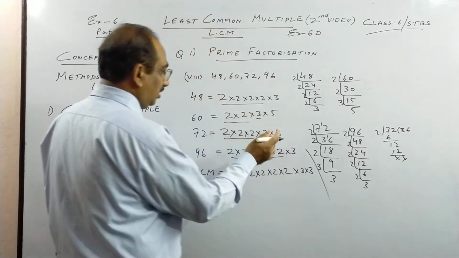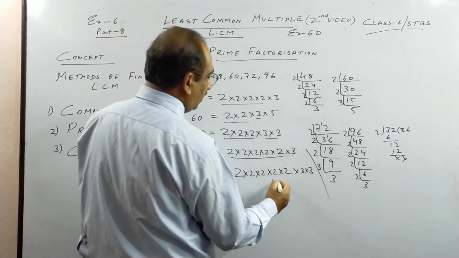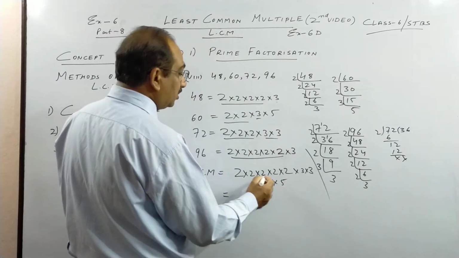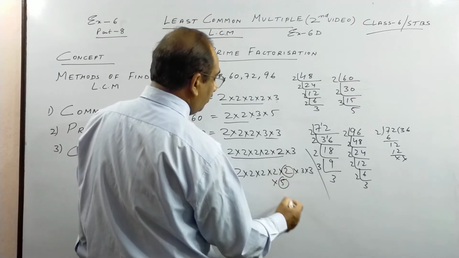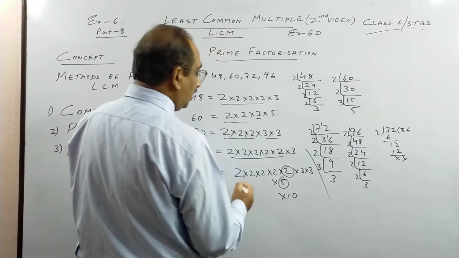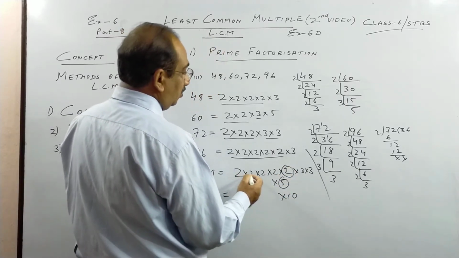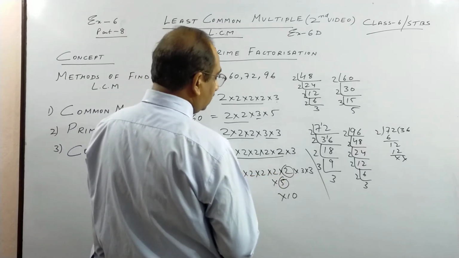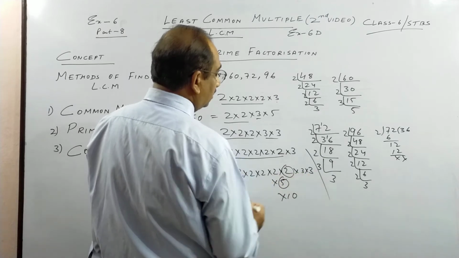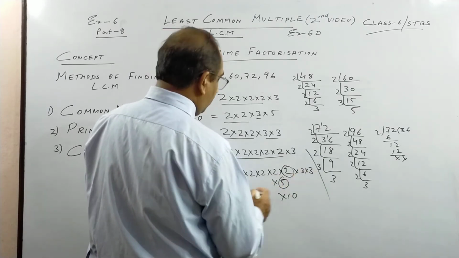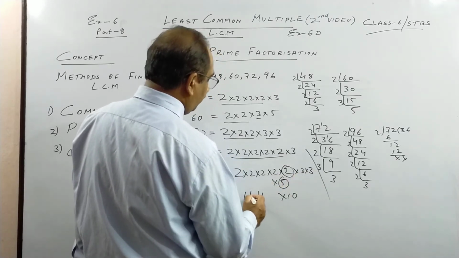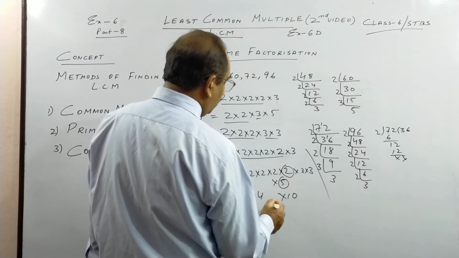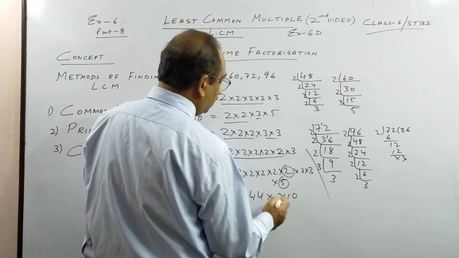And the last but not the least, 5 comes only 1 time. So 5. So what I do, children, 1 2 and 1 5, I make it 10. And see what we are left with. 2 2s are 4, 2 4s are 8, 2 8s are 16. Okay, 16 3s are 48, 3 48s are 144. So you get here, I am writing